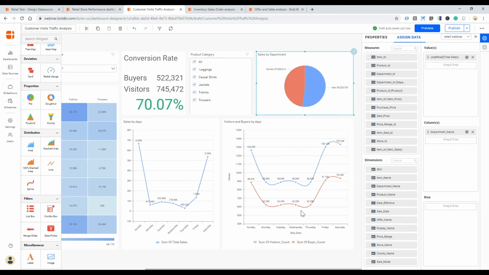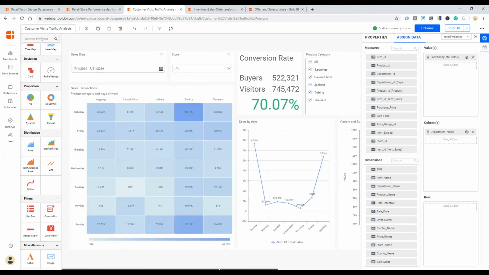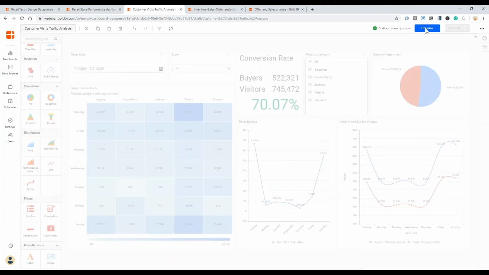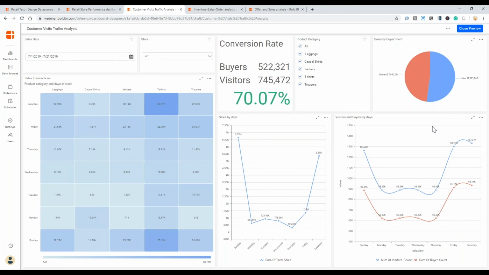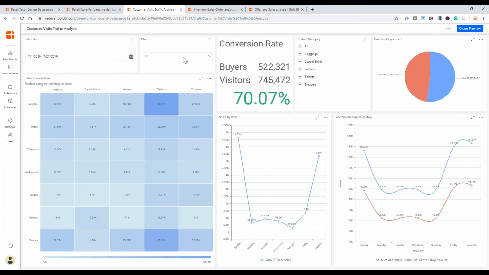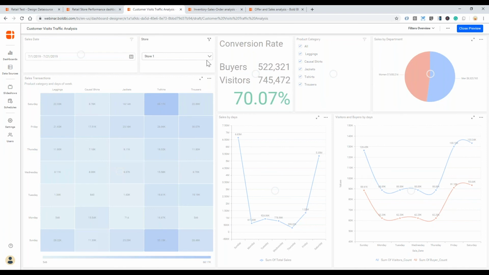So once I have completed creating the dashboard, let me preview this. This will give you a preview mode where you can just choose the filter values and choose from any of the stores to get the overall data of the selected value. And one thing I could see is